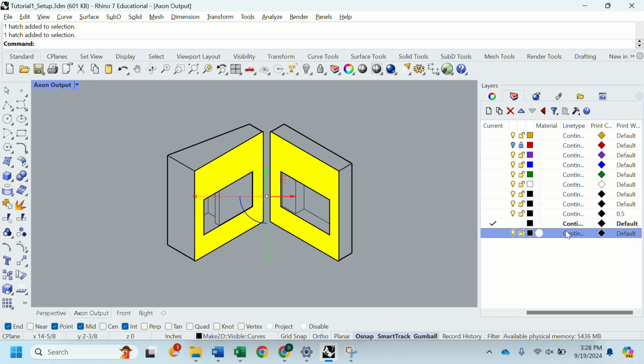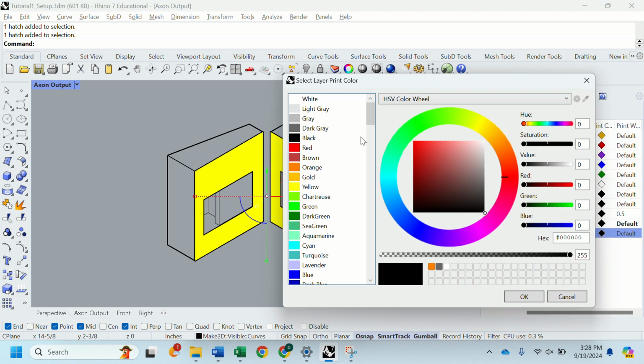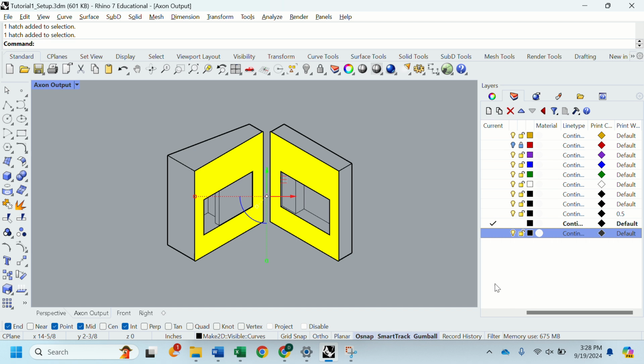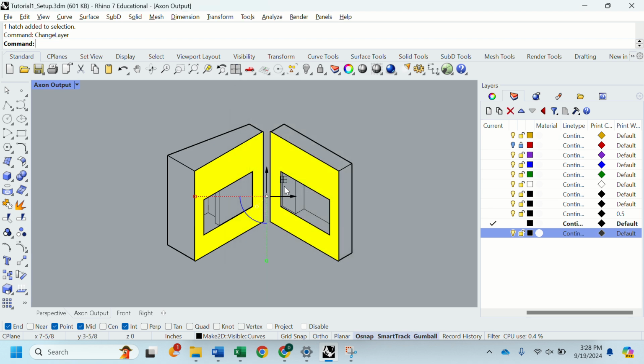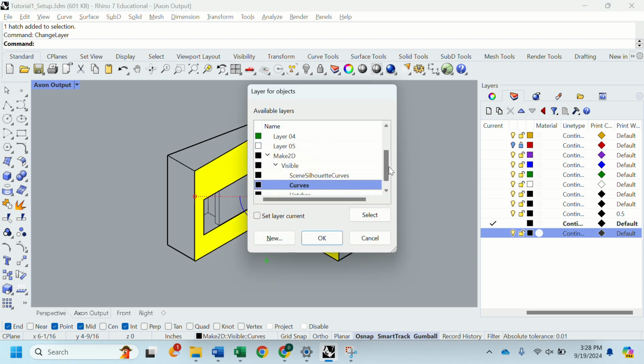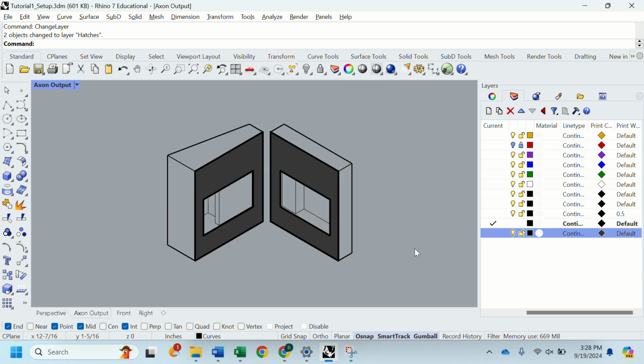And I'm going to come over to my print color and set that to a dark gray. And you could even make it an even darker gray if you want it to be a little bit more dramatic. And once I've got that color set, I'm going to change the layer of those hatches, okay? Because these are already selected, I'm just going to send them over to that layer I just created, okay? There we go. Now if I deselect, there we go. Now we have a nice dark